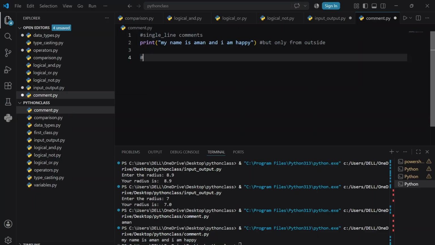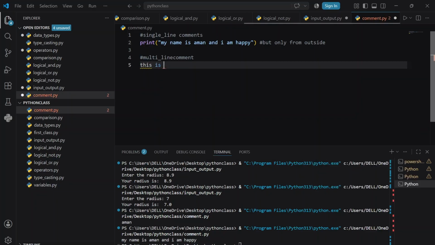Again, I'm going to write the topic name, which is multi-line comment. What we discussed on that PPT in multi-line comments: we know very well that if you are going to elaborate something in an understandable way, you have to write certain lines for that. Like I am going to write, this is my workspace,